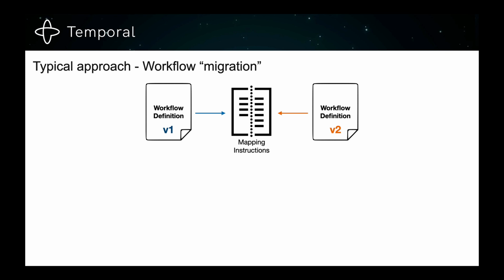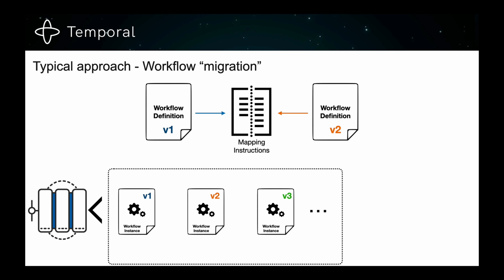Those can be represented, let's say, in some sort of JSON format, or there can be a programming language API that a particular runtime provides. But that provides the mapping between changes, or you can think of it as a diff between the workflow definitions that have the different versions in this case. So what does that mean? So this kind of solves the problem of having to replicate or running different versions on different infrastructures, but introduces